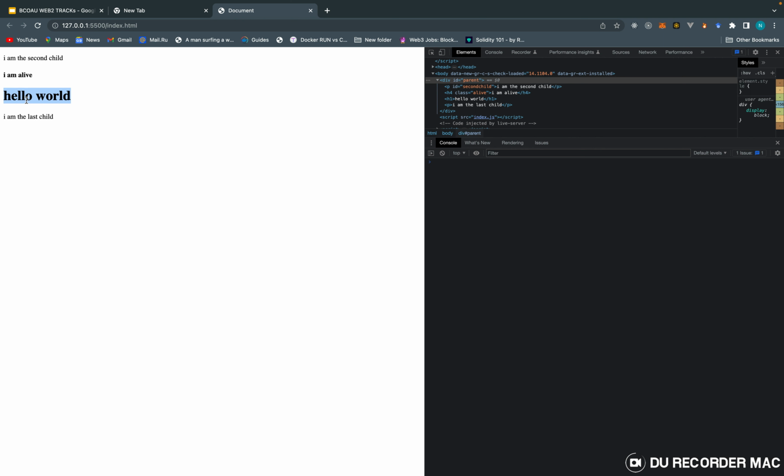Since it's happening to the HTML DOM, it can be called an HTML event. If there was a text input here like the assignment you did earlier, and I typed, that would be a typing event. This is a highlighting event. This is a mouse move event, the way my mouse is moving. If there was a scroll here,